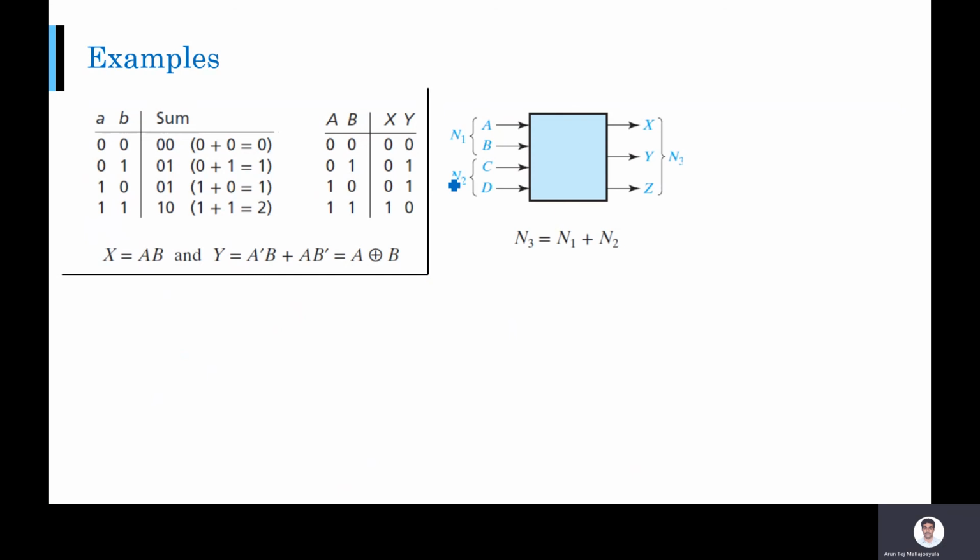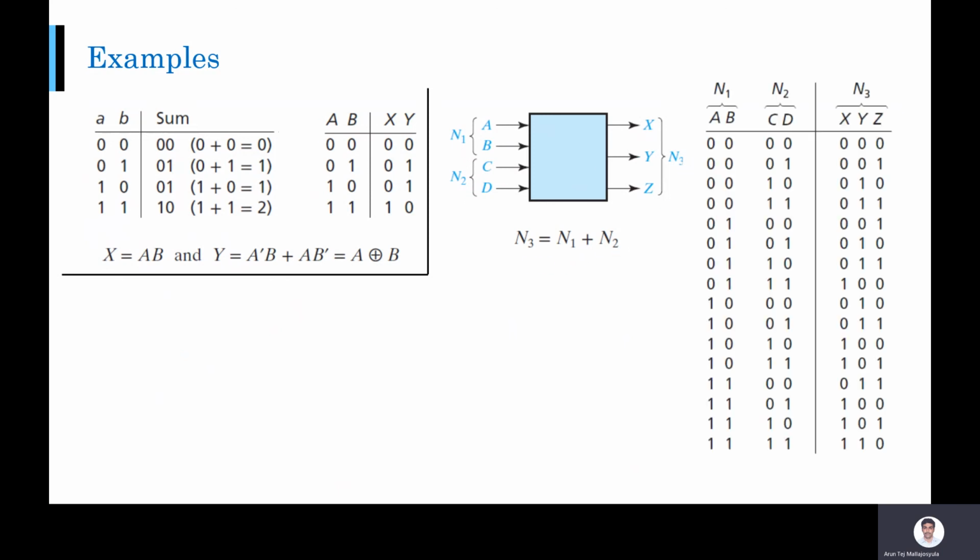So now let us take a case where you're adding two 2-bit numbers. Here I'm adding 2 numbers, each number with 2 bits. So I have a 3-bit case. The output has 3 bits then. So let's say input numbers are n1 and n2. Output number is n3, where n3 is equal to n1 plus n2.